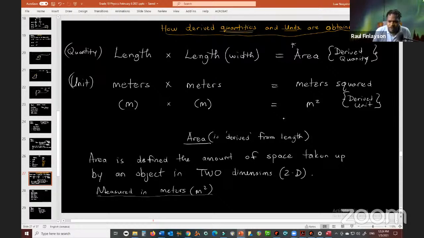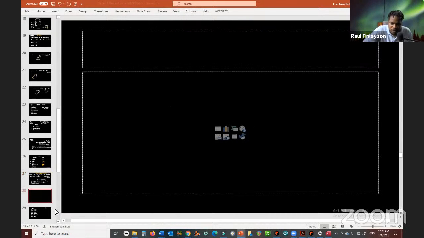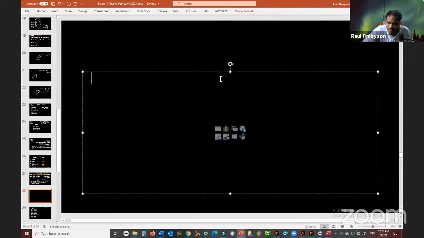Now, area is derived from length. Area is defined as the amount of space taken up by an object in two dimensions. Therefore, area is measured in meters squared. And this was where we stopped. So we talk about length, but as a rule, a derived unit is obtained when